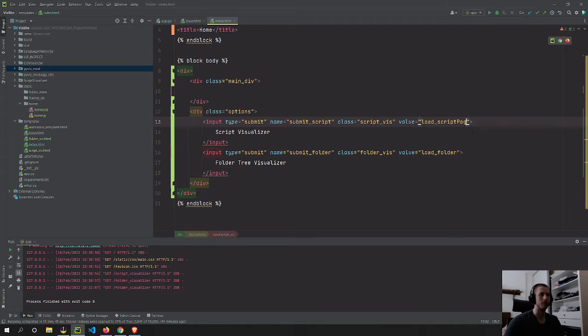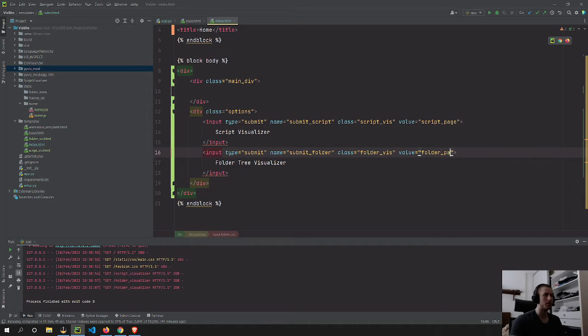It will just load folder. And maybe because I'm gonna use load script or load folder on the other pages to do other stuff, and then I don't wanna get confused. So maybe I should just put script page